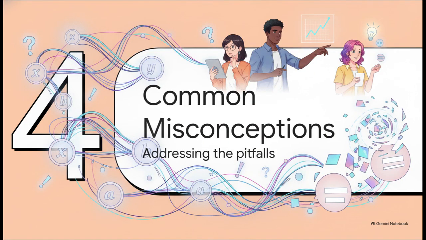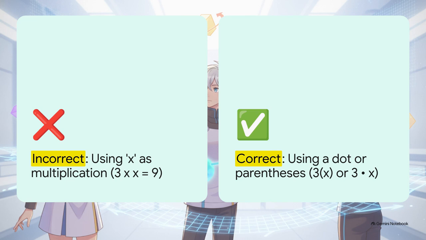On to Section 4, Common Algebra Misconceptions, addressing the classic pitfalls. The first major pitfall students hit is confusing the variable x with the multiplication sign. And honestly, this is exactly why upper-level math ditches the traditional x and switches to dots or parentheses. If you write 3 times x equals 9 using the old elementary school x for multiplication, it looks like 3x equals 9. It's complete visual chaos. So, to fix this, we use a dot, parentheses, or honestly just smush the coefficient right next to the variable